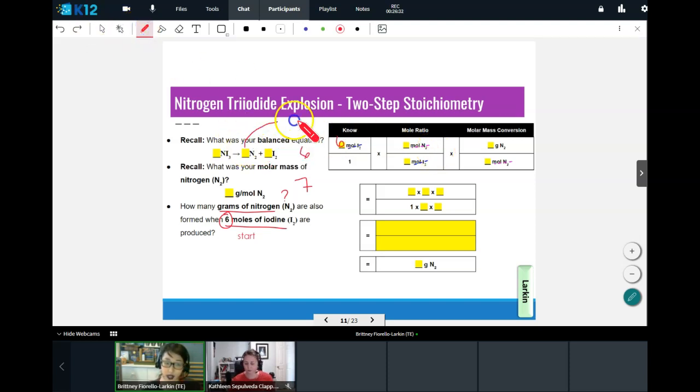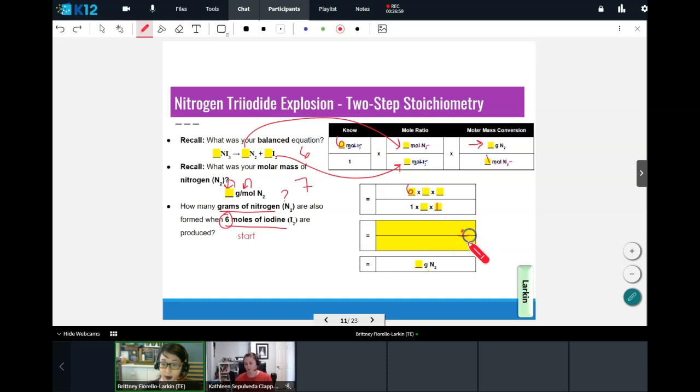So the coefficient of nitrogen goes on top. The coefficient of iodine goes on the bottom. Molar mass, then we're converting from moles to grams of nitrogen. So whatever's next to grams in our molar mass of nitrogen goes on the top. Whatever's next to moles goes on the bottom, which we just said, next to moles is a blank number, which should be 1. So you get 6 times some numbers on top, 1 times blank times 1 on the bottom,